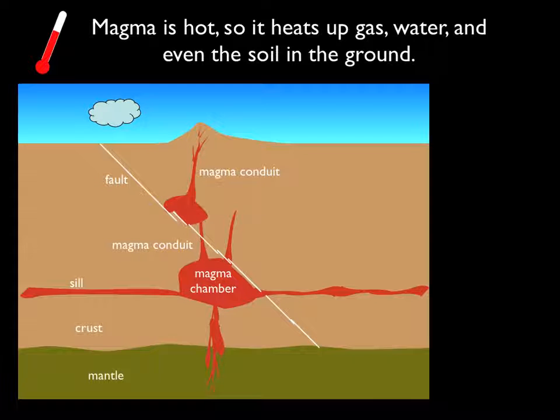Let's say there's a rainstorm. It rains down, so there's going to be some water that fills up in the ground. That's the groundwater. It's naturally occurring. We'll be studying that later in our course. And some of that groundwater might seep along through faults down until it gets into magma chambers, where it will